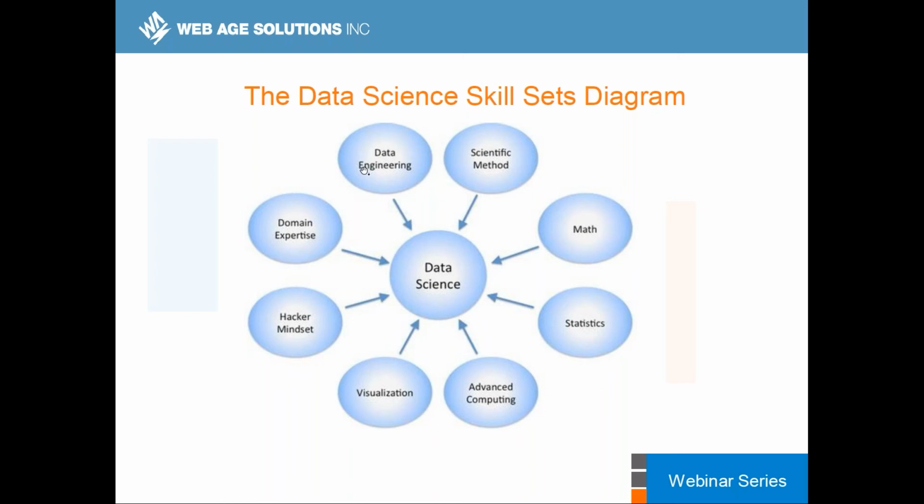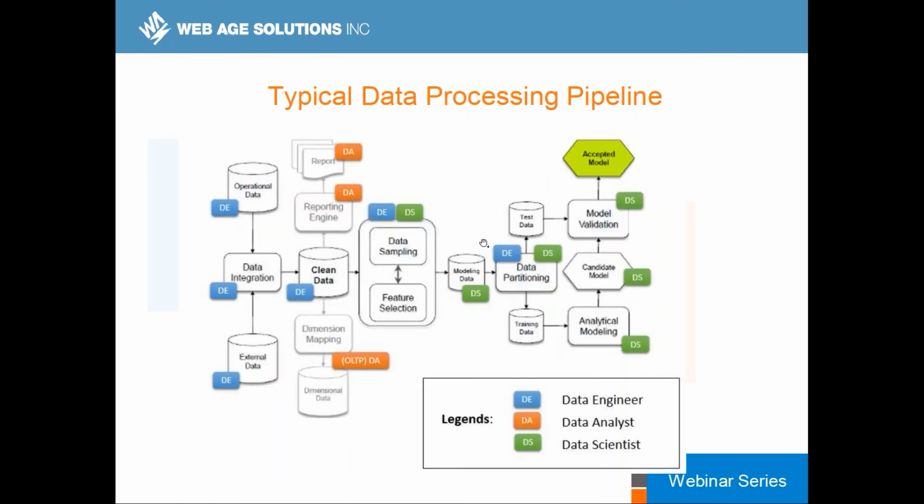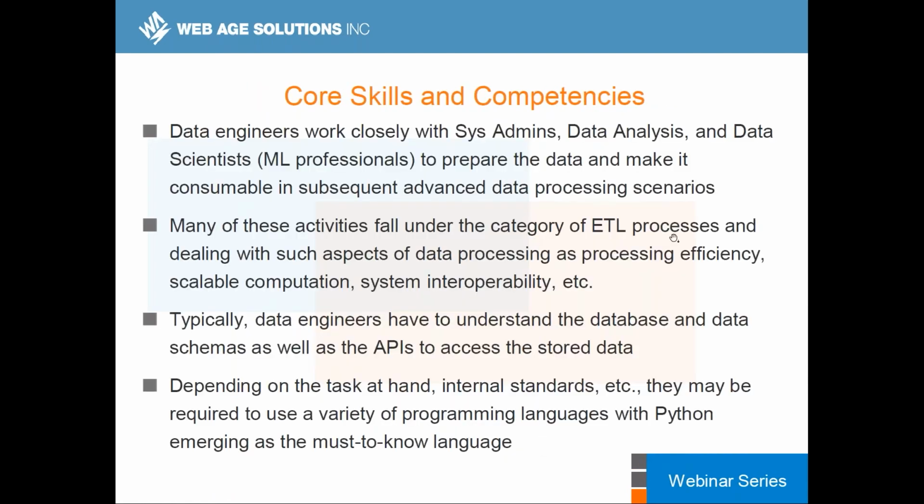So whenever you process data, you need to know how to treat your data, what would constitute an outlier, what would constitute noise in your data. So someone needs to understand the data. Otherwise, it would be garbage in, garbage out. Right, and the more you know about statistics, math, the better you would serve the ultimate goal of building those fancy machine learning models. So core skills and competencies for data engineer, it's quite indispensable not only to know programming languages,